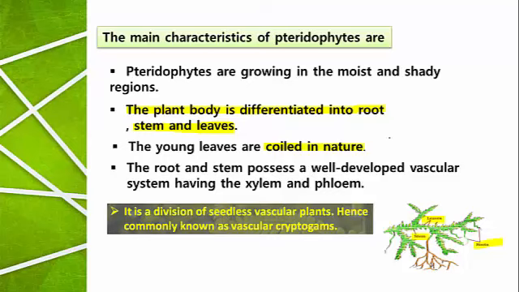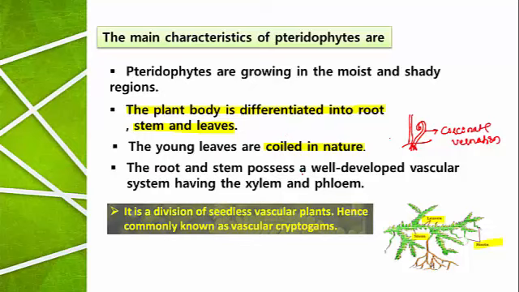Once they complete the growth, their portion is expanded. For example, if this is the stem of the pteridophyte, the young leaf always shows a folded structure. The young leaves are folded, or the terminal tip of the young leaf is coiled. This is called circinate vernation. Another interesting character of the pteridophytes.